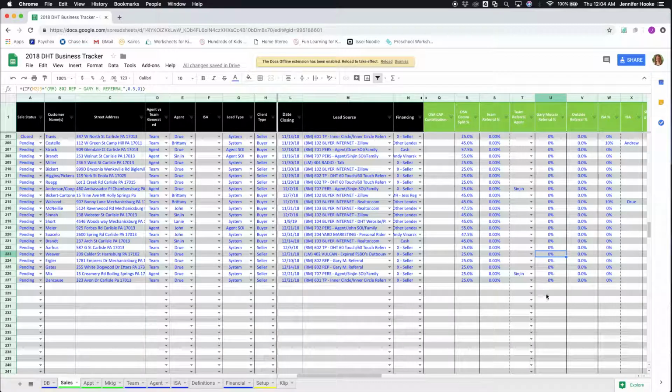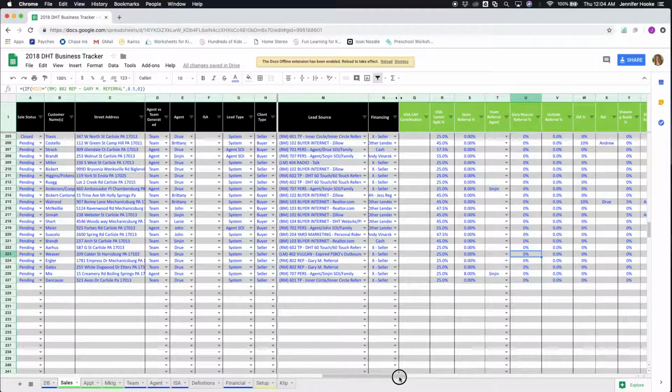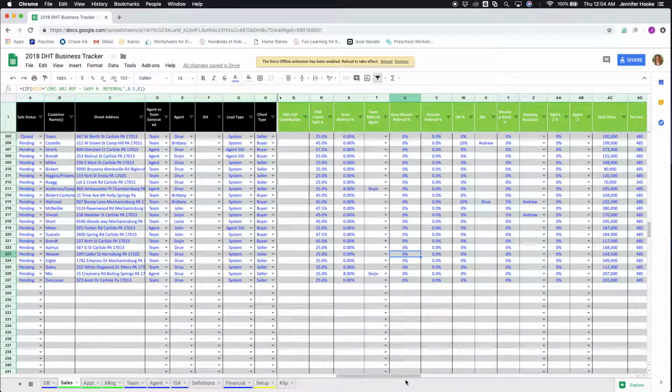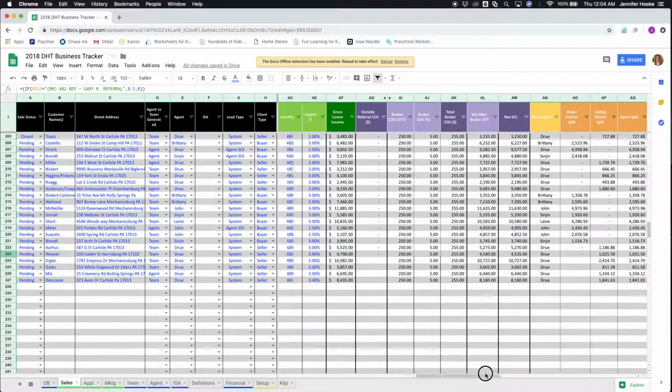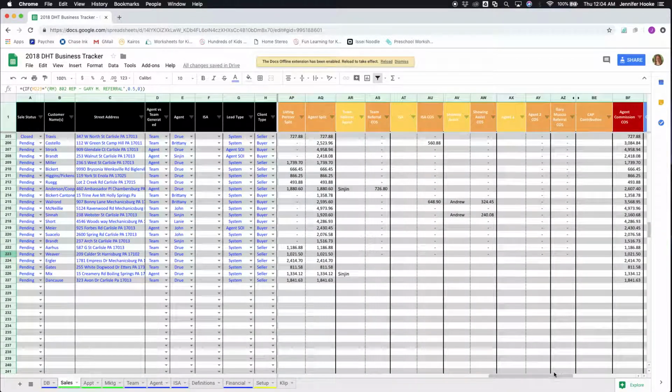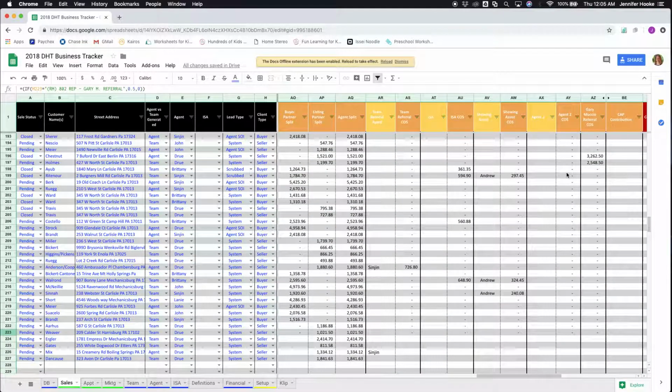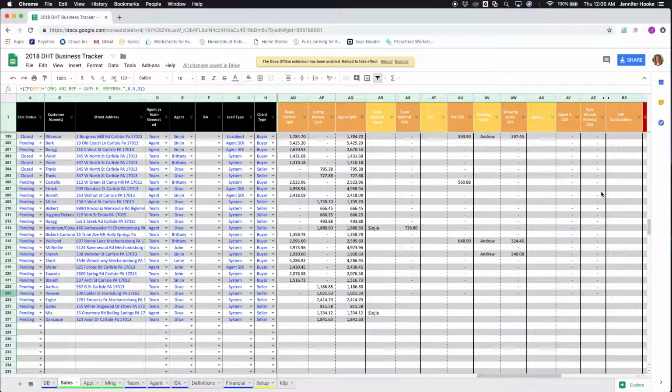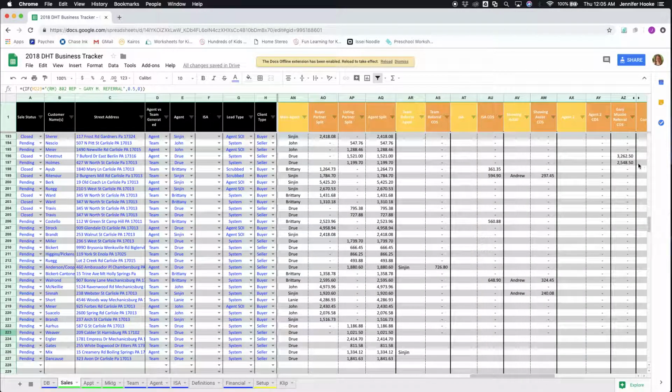gets copied and pasted down this whole column, because if not, these aren't going to necessarily populate as 50%. So the person entering in has to always remember to put it in as 50%. And that does affect other columns. For example, over here, this column right here, Gary Muccio cost of sale, that column